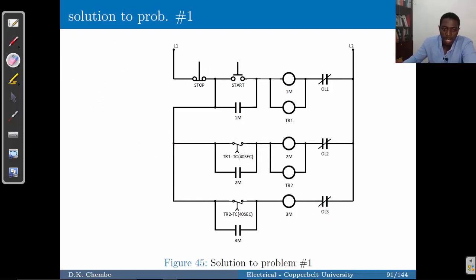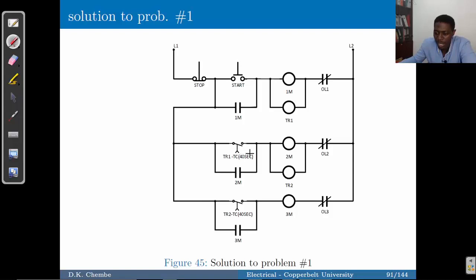So we have a situation where if we press the start button, motor 1 gets energized and the timer starts to time. Once the timer finishes timing, 40 seconds later, it causes this contact, which brings in motor 2, and motor 2 closes its holding on contact. So this is a backup holding on contact in case there's a fault with the holding on contact for the timer,